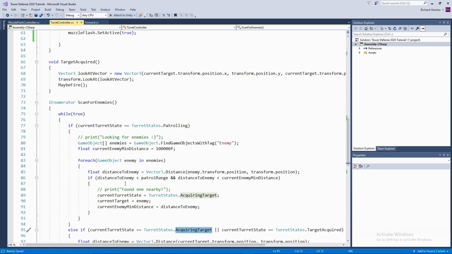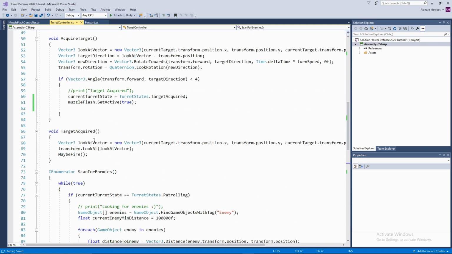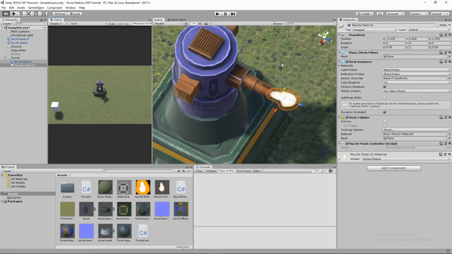But by the same token, if it's actually found the target, then it's going to, where am I? Target acquired. Here, yeah, it's going to say active to true. So let's give it a go. I think, but that means by default this should be disabled. So now if we click play,